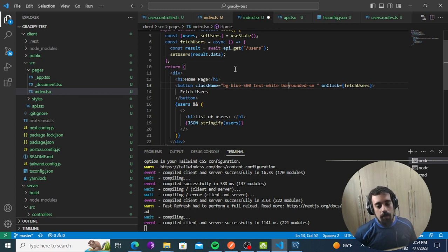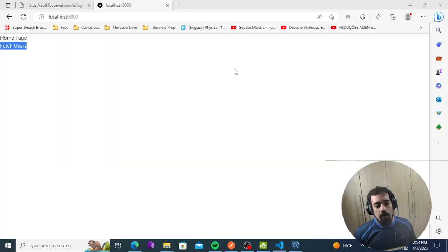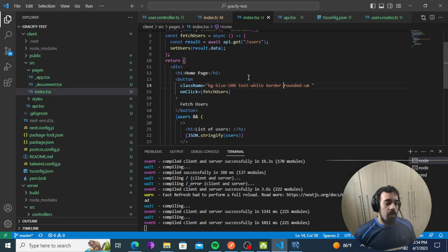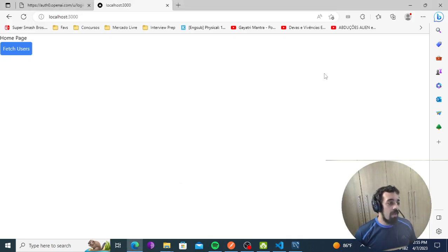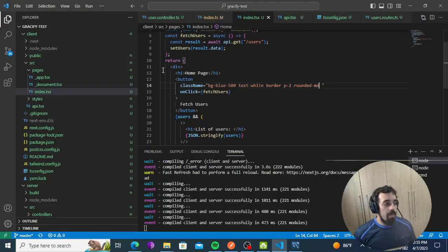So I can add a border, and this border can be rounded a little bit, right? And also I can add some padding of 2, so both horizontal and vertical padding. This can be a little bit bigger, so probably md. Yeah, that looks good, I think. So fetch users. So if I do click it,